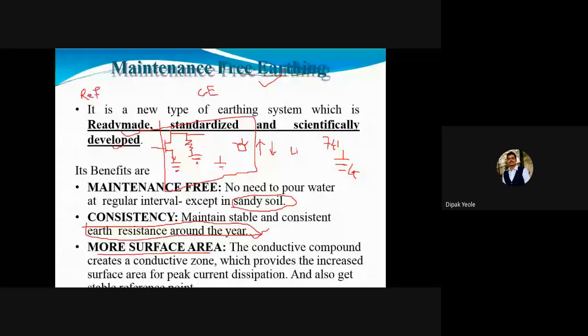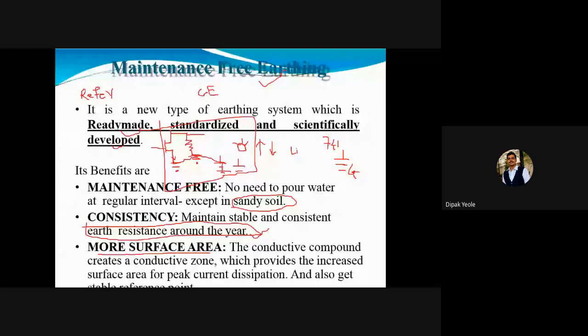सो वी आर युजिंग the number of grounds at different locations. So if we are connecting these points together, we can form one big ground. Yes, obviously it is used for discharging the excess amount of current. Yes, but it is called as reference point. तुम्हाला क्वेश्चन विचारतात बऱ्याच वेळा की डिजिटल इलेक्ट्रॉनिक्स मध्ये जे ग्राउंड्स दाखवतो आपण ते नंबर ऑफ ग्राउंड्स का दाखवतो? सो द आन्सर इज फॉर the reference purpose we can connect all the grounds together and we can make one big ground. Yes, so I hope this point is clear to you and these benefits are clear to you.